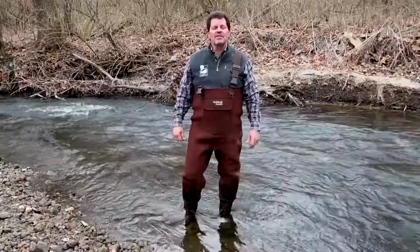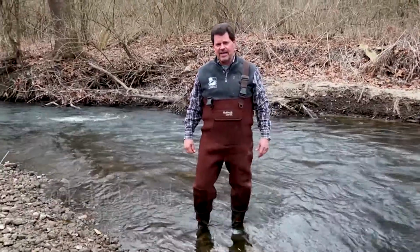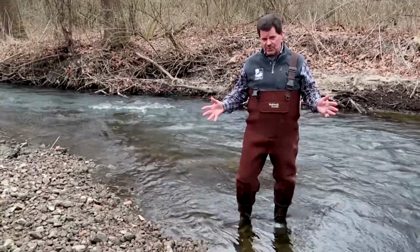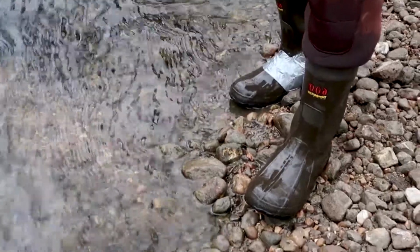Good? Yeah. Hey, this is Brook McDonald with the Conservation Foundation. Leah and I are here today at Little Rock Creek Forest Preserve, which is part of the Kendall County Forest Preserve District system. The Conservation Foundation helped the Forest Preserve District purchase and preserve this property a couple years ago, and it was just opened up to the public last June. And my foot's really wet right now because I have a hole in my wader and I'm feeling how cold this water is. But Little Rock Creek Forest Preserve is about 135 acres, and it preserves more than a mile